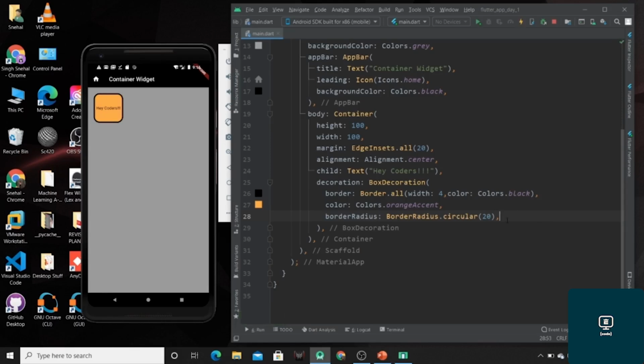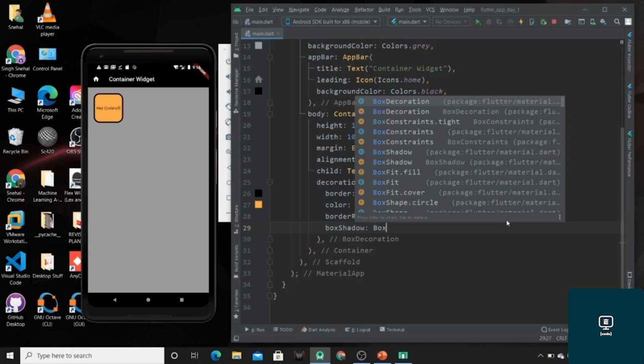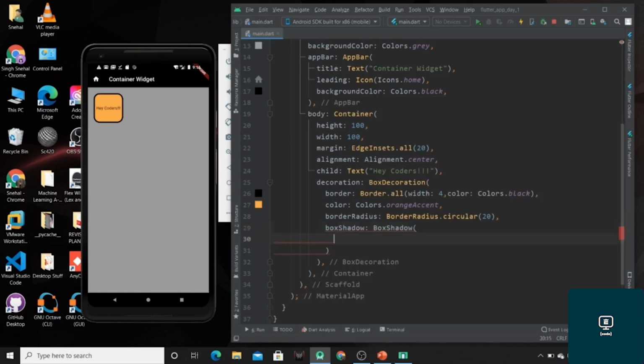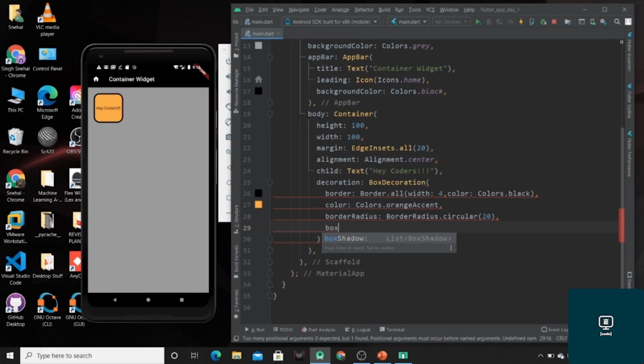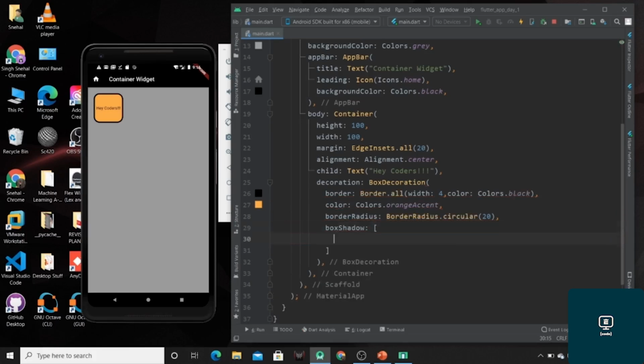Now you can also specify the shadow of your container by using this box shadow property. Just use the box shadow function. You have to specify a square bracket, and inside that just use BoxShadow.